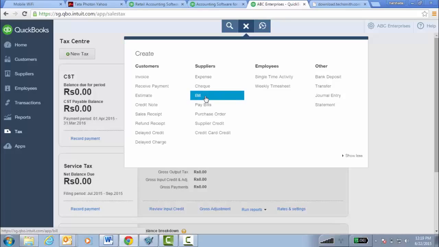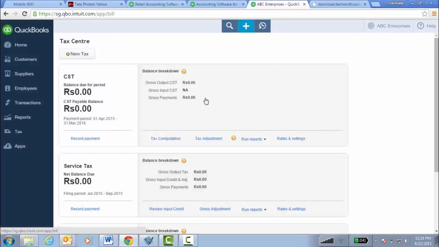Let us book one bill option first. Click on bill.